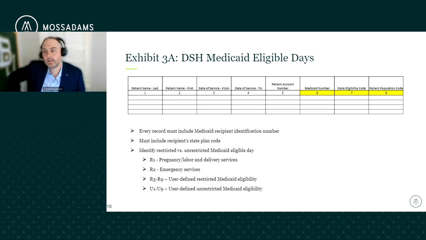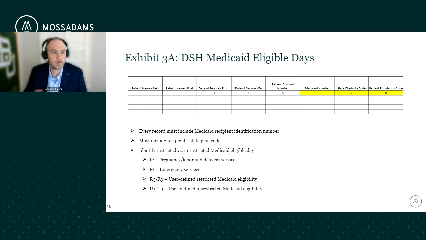Jonathan, was there something that you wanted to add there? Yeah, Heather, I'll just add regarding that patient population code, because I continue to get asked, are those returned on eligibility matches? Obviously, if you're running eligibility matches, you'll get the state eligibility code. And like Heather mentioned, you have to decipher whether those are allowable or non-allowable, federally funded, Title 19, inpatient services, all of those things. But that patient population code is not returned, to my knowledge, in any match. That's where you're going to have to do that additional research.